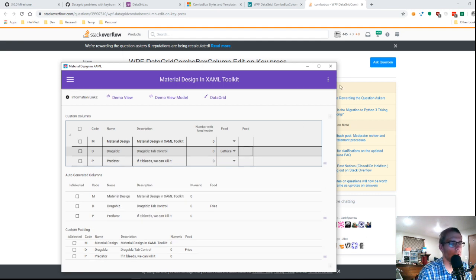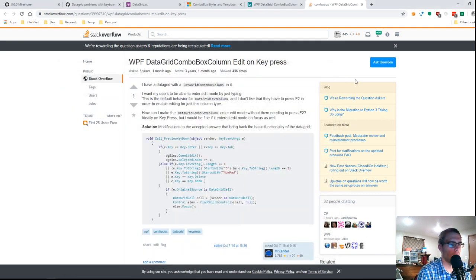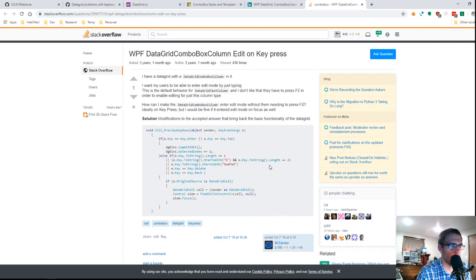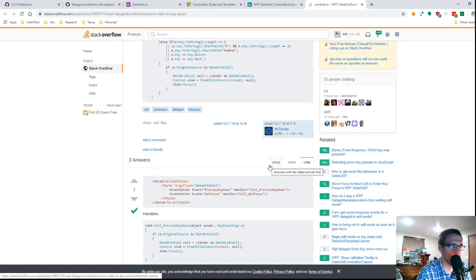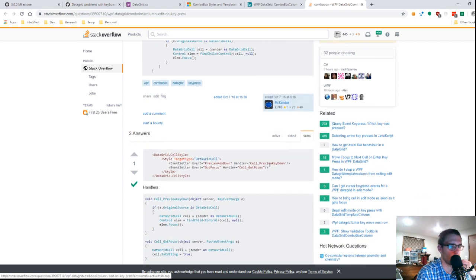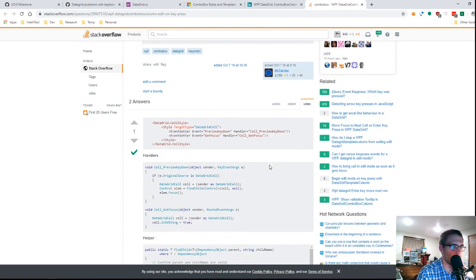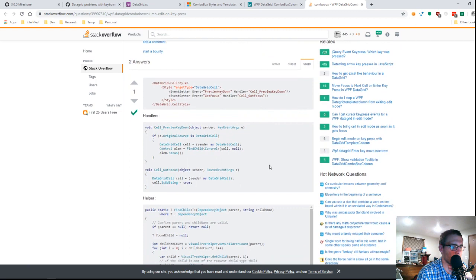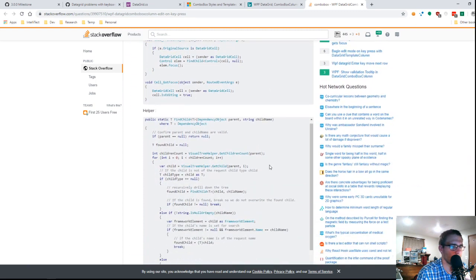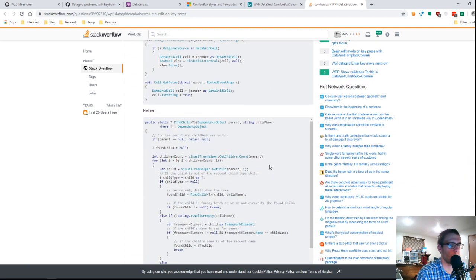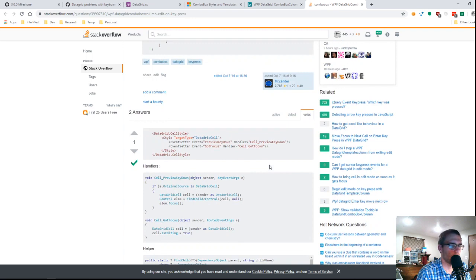F2 does get us into it. So preview key down gets us into there. Okay, this makes sense.